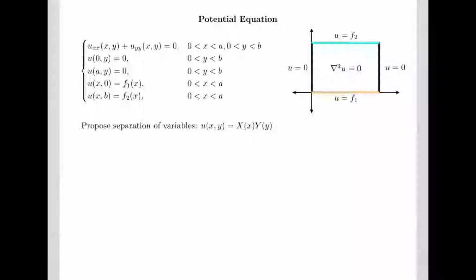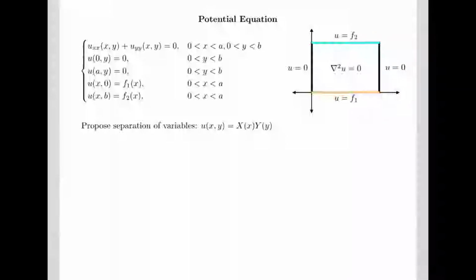In class we were able to talk about the motivation for the potential equation as being the equilibrium or steady state solution for both the wave equation and the heat equation in 2 dimensions, as well as in higher dimensions. We'll deal with that later. And we talked about how, in general, we could have boundary conditions on all 4 edges of a